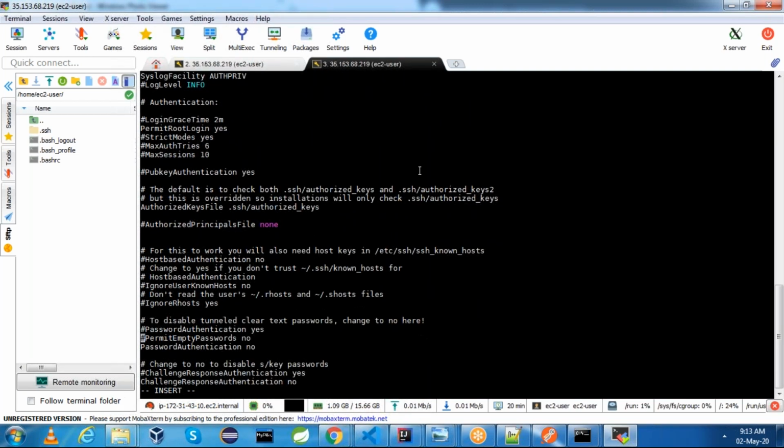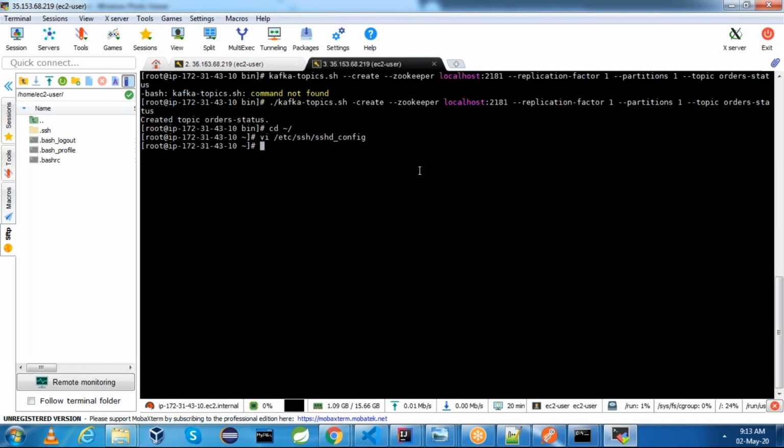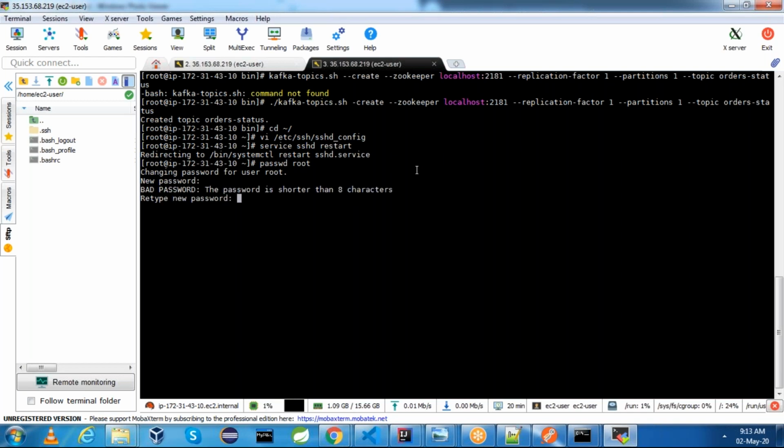I will change no to yes, and save this file. Service sshd restart. Now I will create password for root. Done. Now open WinSCP and move the code through WinSCP.